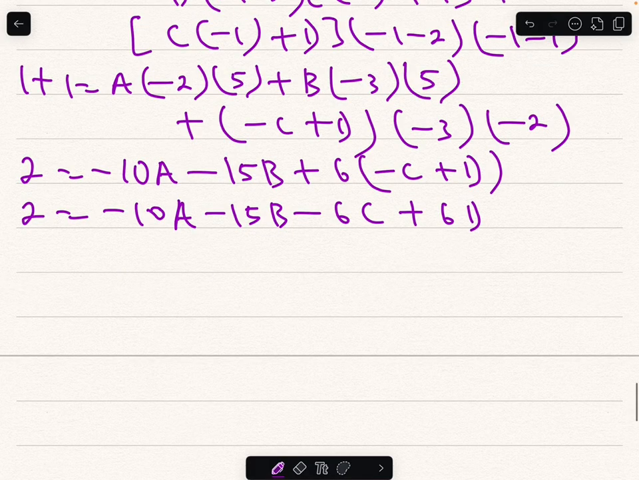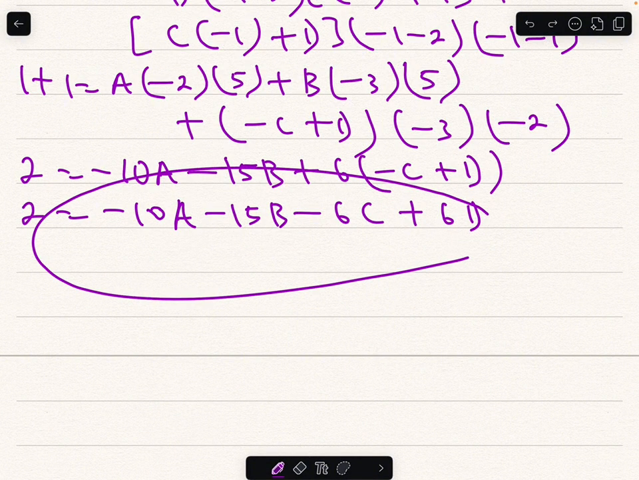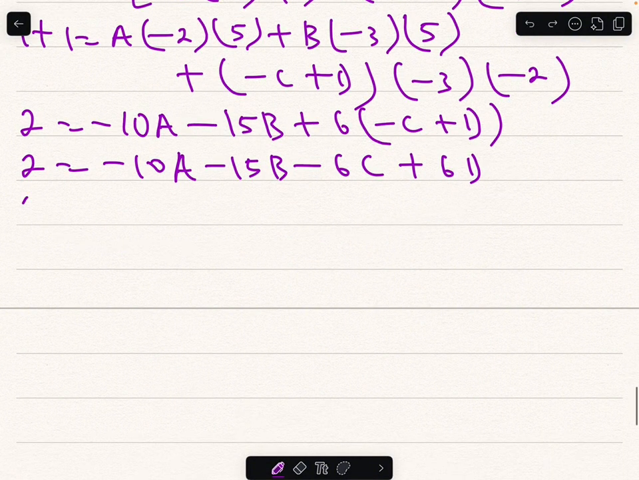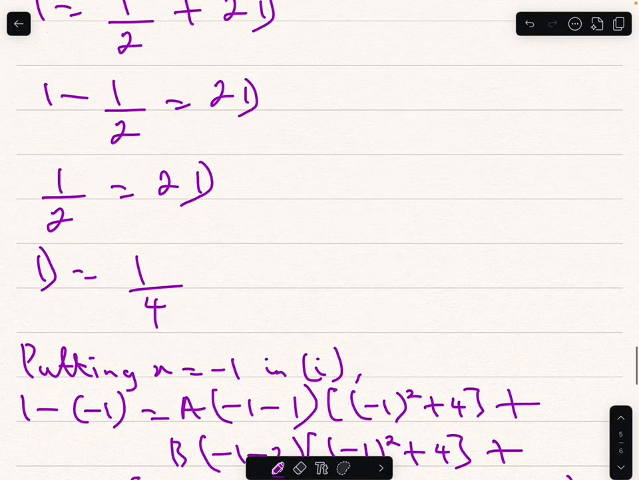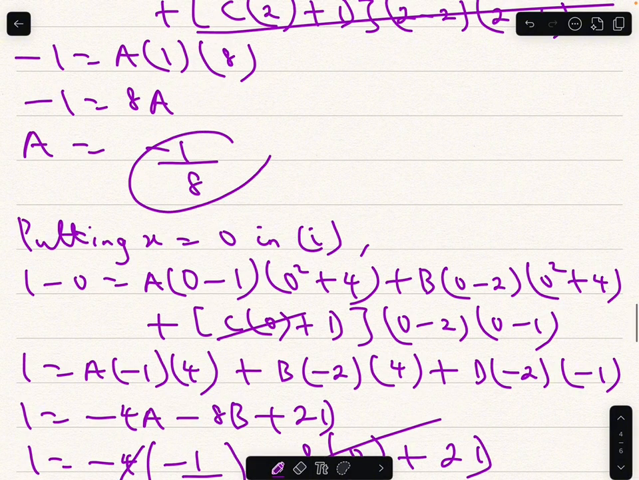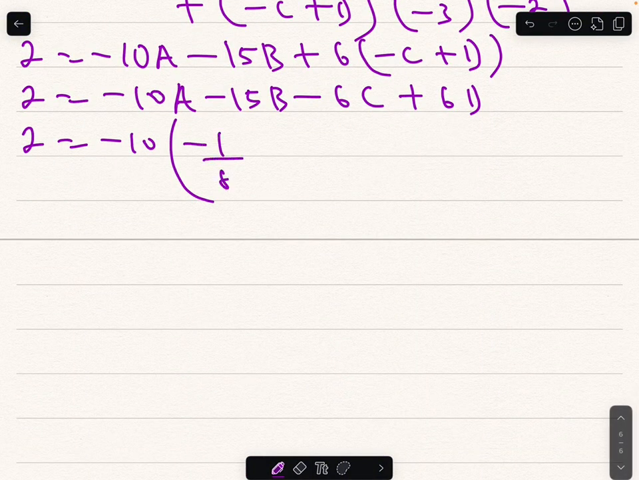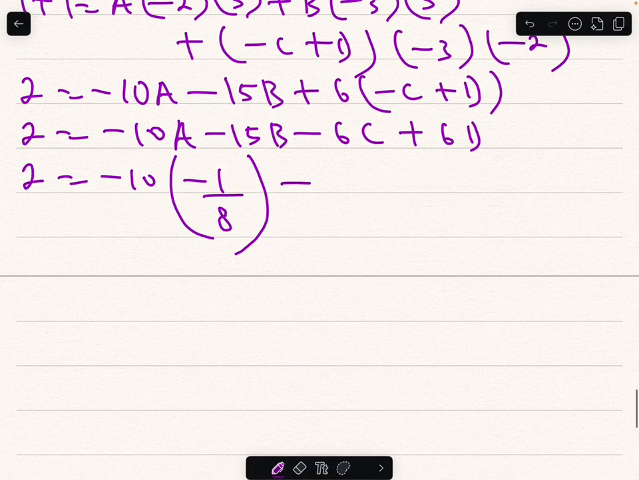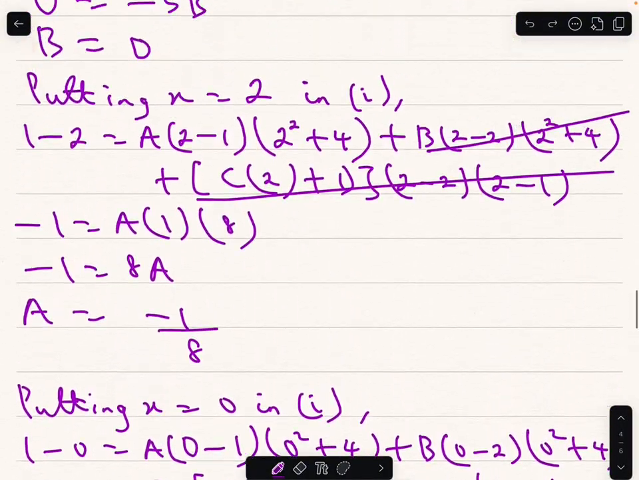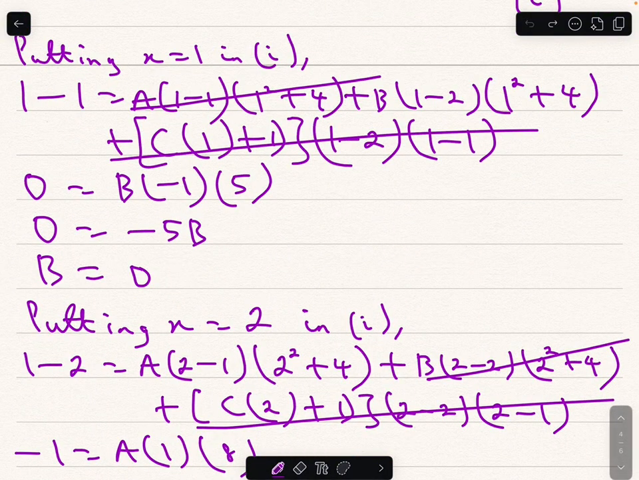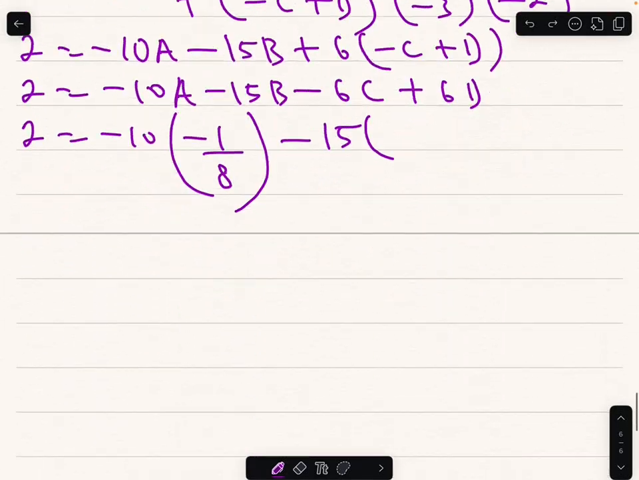Now we already know the values of a, b, and d. So we put them in this equation to get c. So that simply means 2 equals minus 10. What is a? A is minus 1 over 8. So that's minus 10 into bracket minus 1 over 8, minus 15. B is 0, you know that. Minus 15 times b means minus 15 times 0,